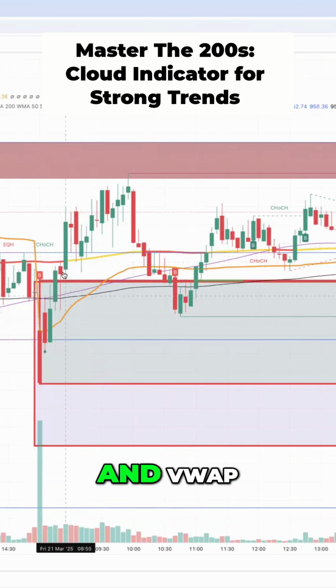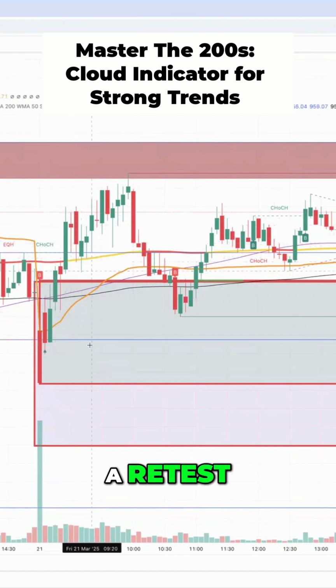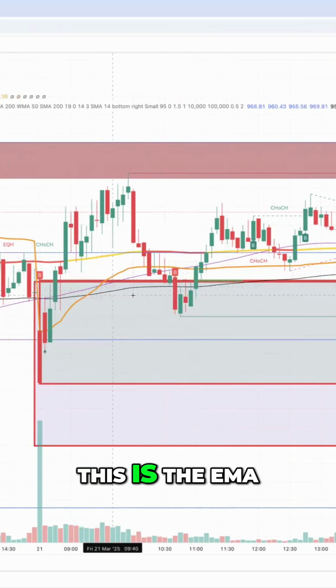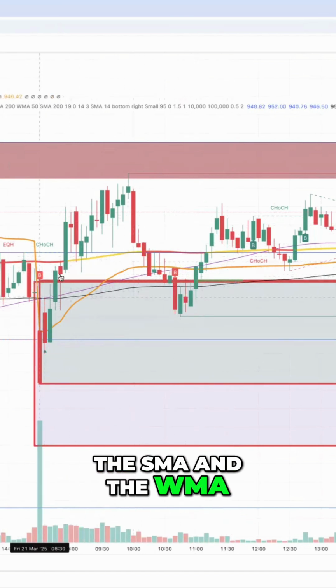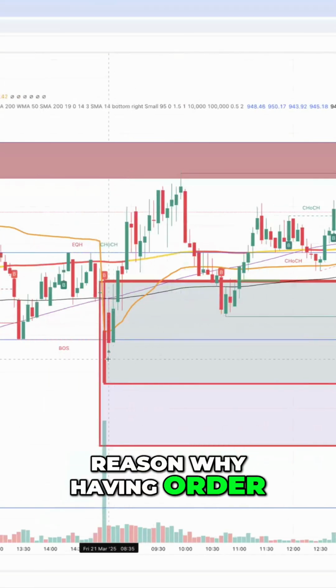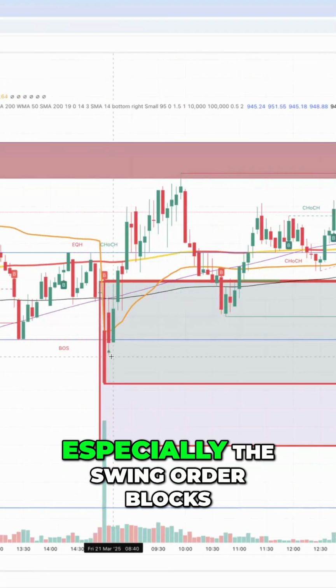Above the 200 and VWAP, and we just did a retest. But see, we're above every version of that 200, right? So this is the EMA, the SMA, and the WMA. So when we got above everything, the reason why having order blocks on your chart, especially the swing order blocks,